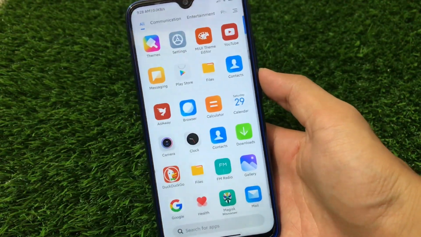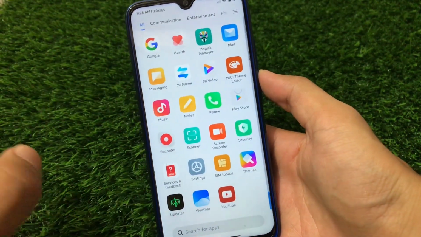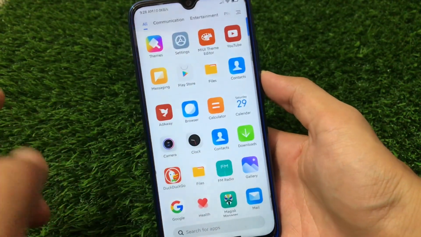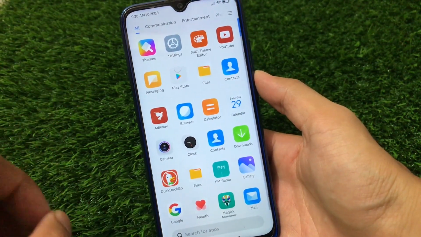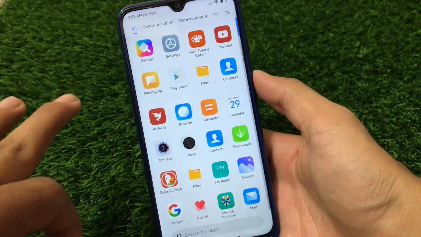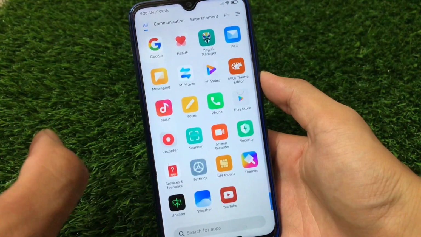Welcome back to Tech Karan YouTube channel, and if you're also one of the guys who are using MIUI 12 on their Xiaomi devices, I'm also using MIUI 12 and I have three themes to show you which are some of the great themes available for MIUI 12 supported devices. Which are those themes and how you can apply them?